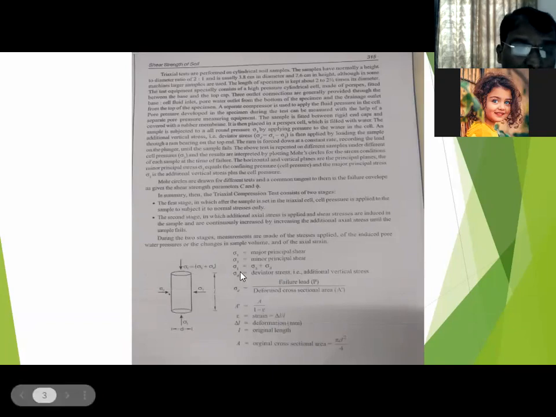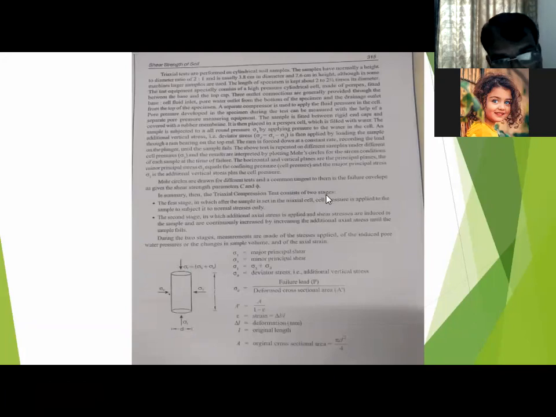सो सिग्मा डी प्लस सिग्मा 3 दोनों ऐड करें तो जो आता, दैट इज सिग्मा 1, that is the major principal stress. सिग्मा 1 मालूम हुआ आपको, सिग्मा 3 मालूम हुआ, सिग्मा डी मालूम हुआ. कुछ चीजें नहीं भी मालूम हो रहे, इमेजिन करो जब आप एक्चुअली करेंगे तो आपको मालूम होता. तो सिग्मा डी कैसा निकालना? जिस लोड पे फेल्यूर हो गया आपका सैंपल, दैट लोड डिवाइडेड बाय